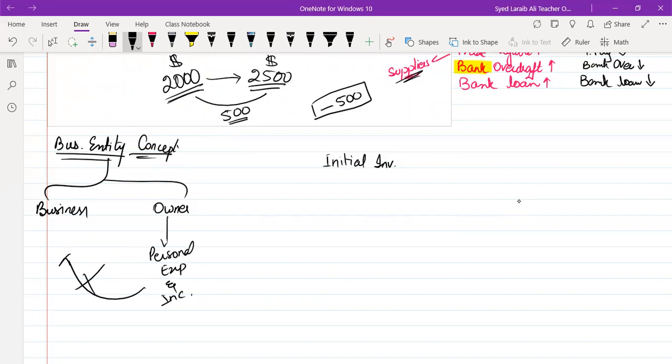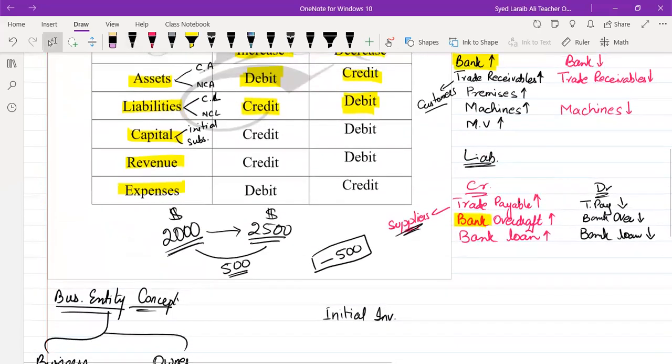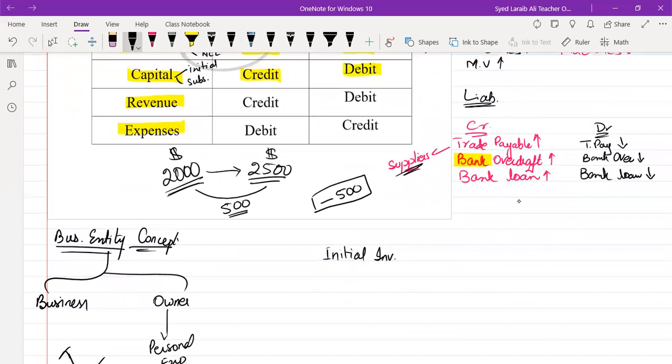When the owner invests from his personal account, it increases the owner's share in the business. And when the owner's share increases, it increases the capital. And when the capital increases, it is recorded on credit side. However, the capital also decreases and is recorded on debit side. How does the capital decrease? Like I said, when the owner invests in the business, whether it's initial or subsequent investment, this increases the owner's capital and it is recorded on credit